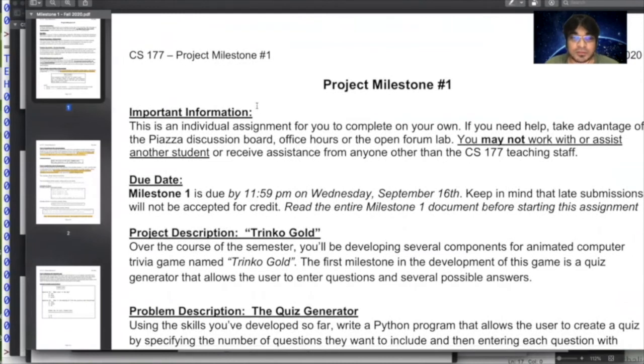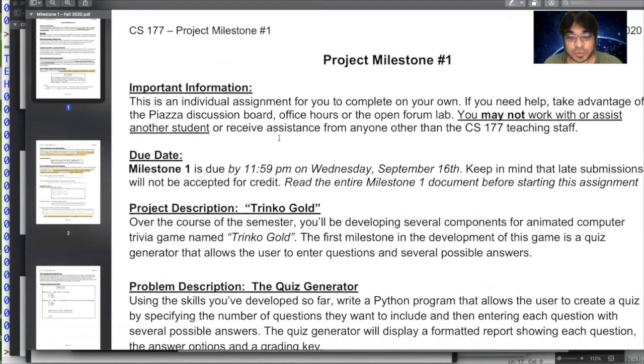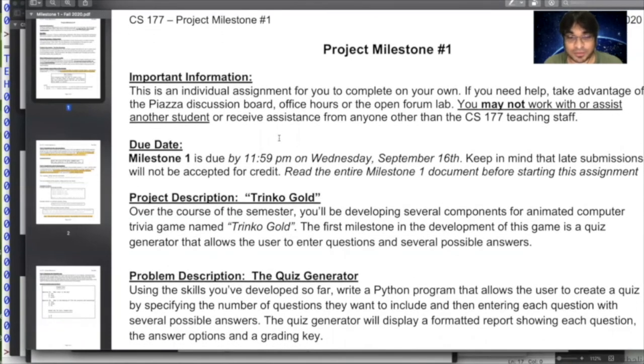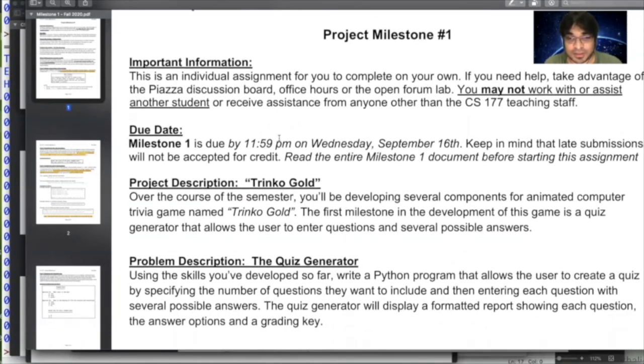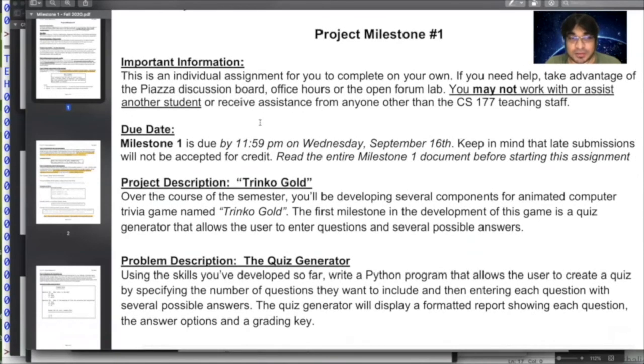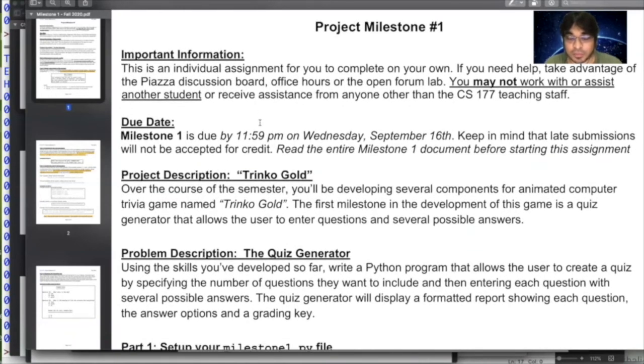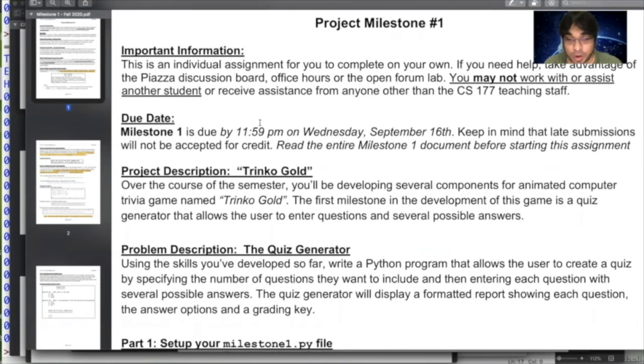This is the first part of the semester-long project that you will be doing. It is a fun trivia game, which will include graphics and all sorts of fancy fun things. But this is the very first small part of the big whole.